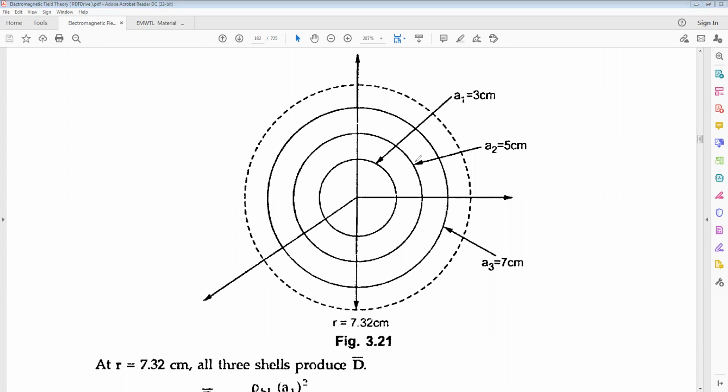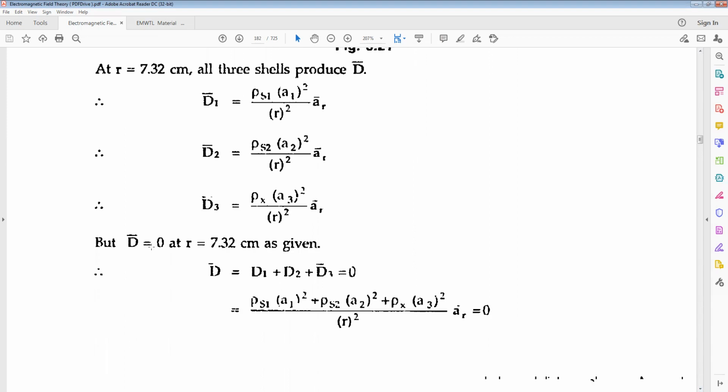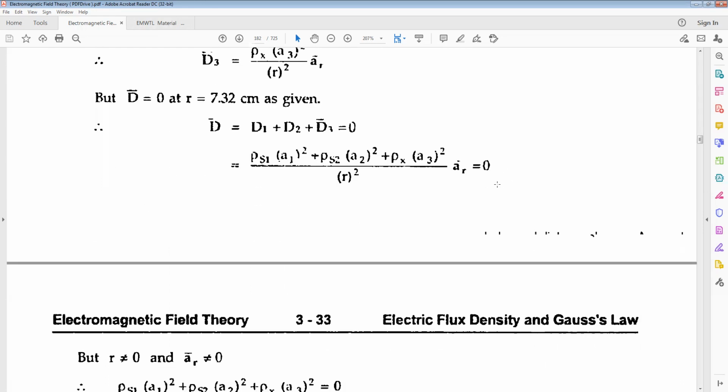If the 7 radius and the 3 and the 5, at R is equal to 7.32, all the shells produce the D bar. So D1 is rho S1, A1 square over R square. A1 you can take as 7, and A2 is 5, and A3 is 3. But D bar is given as 0. At 7.32 centimeters, D bar is equal to the total D1, D2, D3 is equal to 0. And you can substitute the R as 7.32 centimeters. You'll get